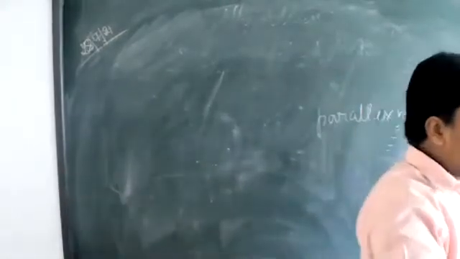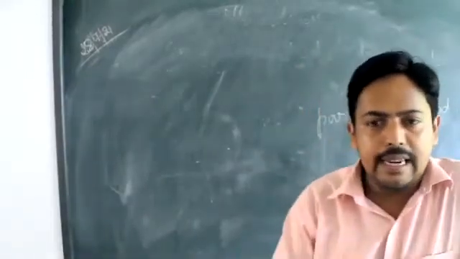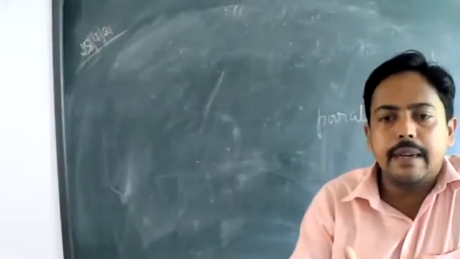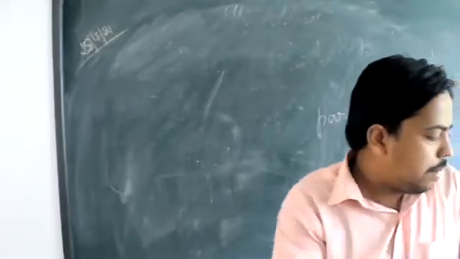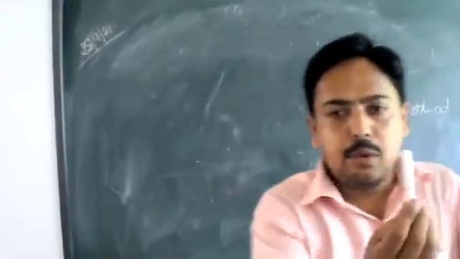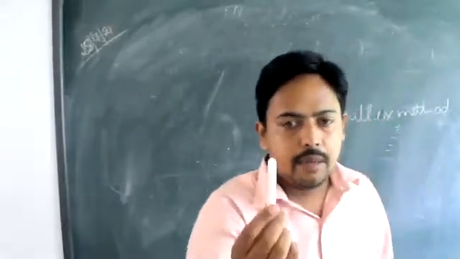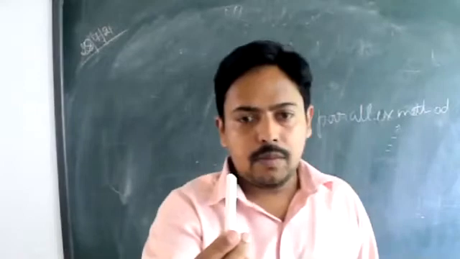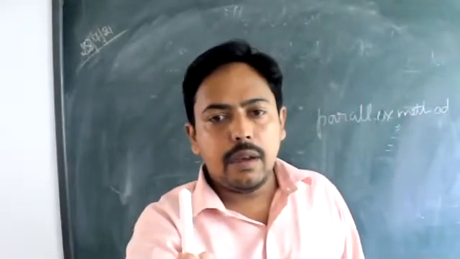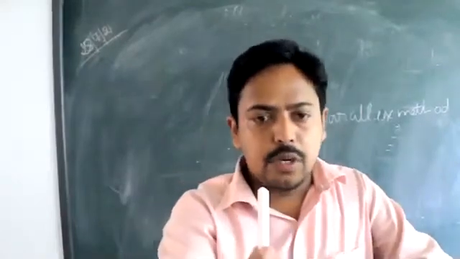So in case of the parallax method, what do we do? First of all, let us try to do one experiment. Just to analyze the parallax method, we can do that experiment, and it can be done in our home also. For example, if I am having a pencil with me, suppose this chalk is the pencil, I am not having the pencil with me. So let us assume that this chalk is a pencil, and you just place this chalk in front of the wall, very close to that wall. You may be having a screen on your laptop, or you may be having a wall in the room in which you are sitting.